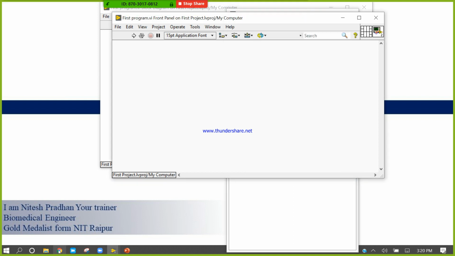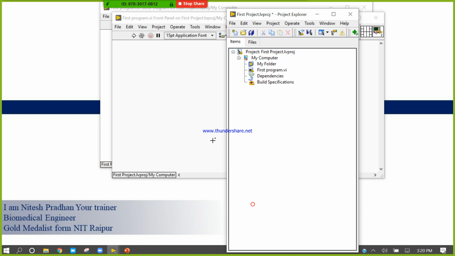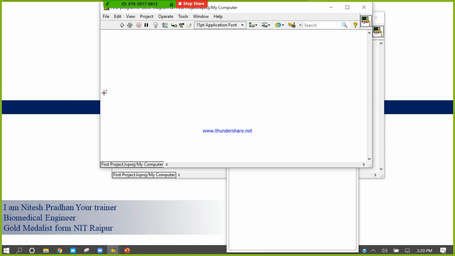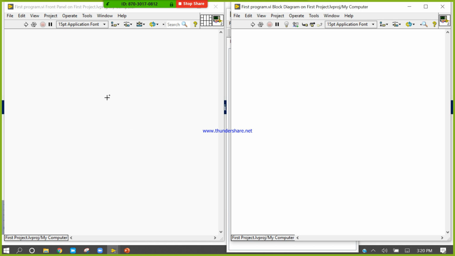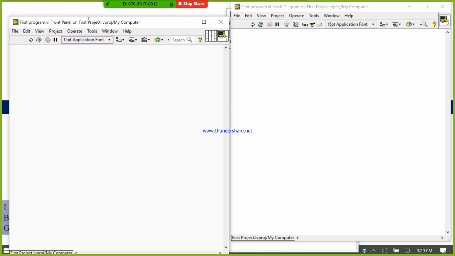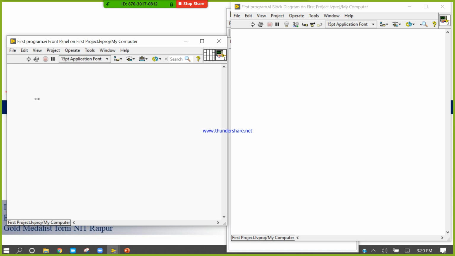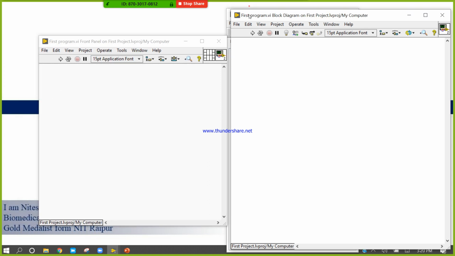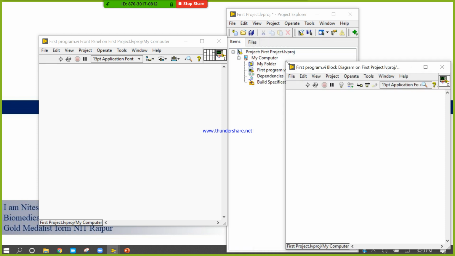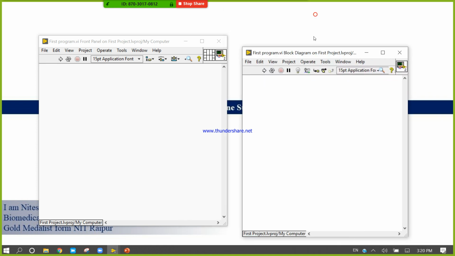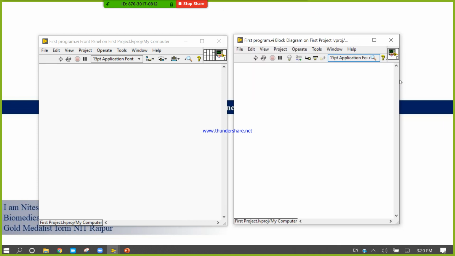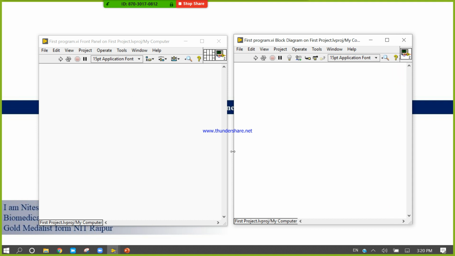Here we have learned how to design one project and how to design one VI. In this VI there are three parts. This one is the front panel, and this one is the block diagram.